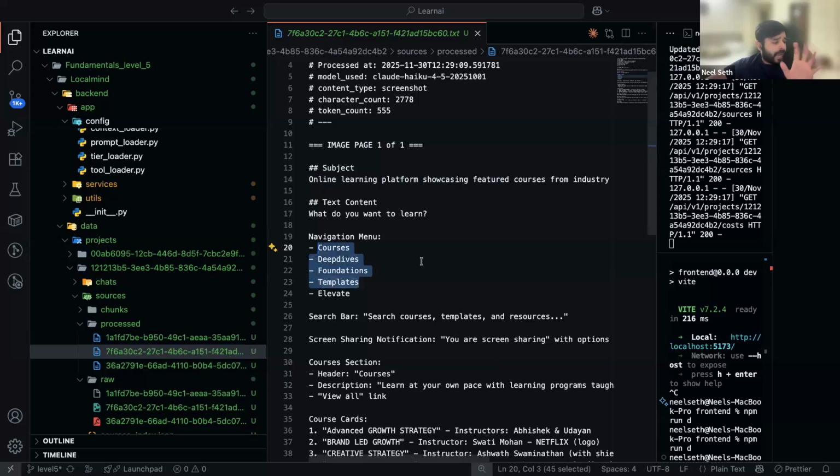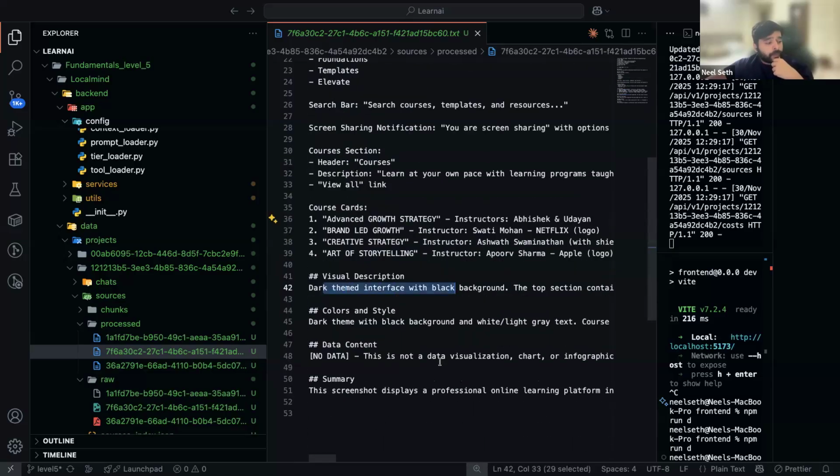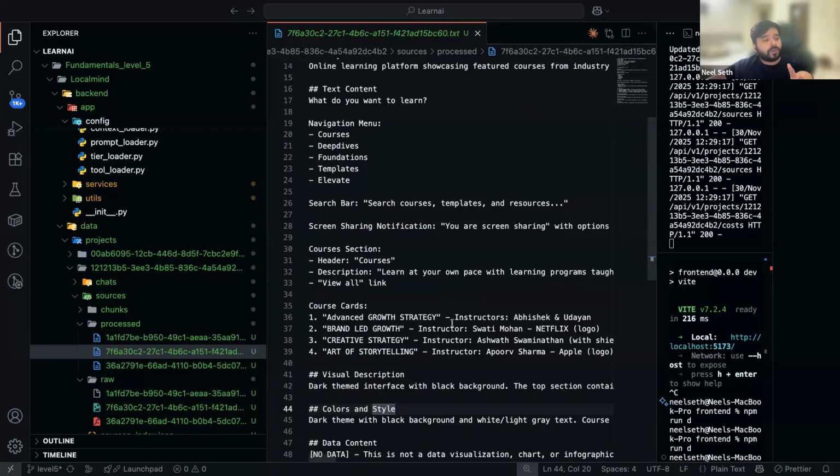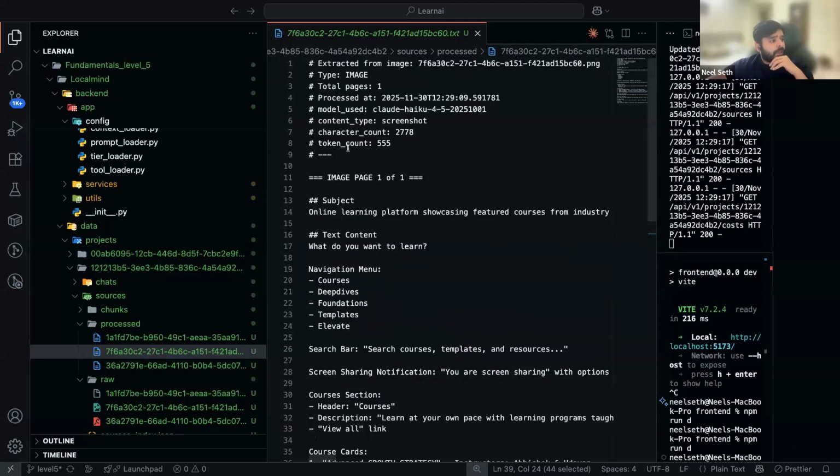It's an online learning platform. Again, I have prompts for this, for what kind of analysis I want. It has a navigation menu, search courses, then the course cards, the visual schema. Maybe I'm analyzing some website, maybe some presentation, maybe I'm trying to build some ads. So I've kept an image analysis prompt in a certain way so that it at least gets all this data. So it has fetched all the names of these people. And if you see the total tokens,